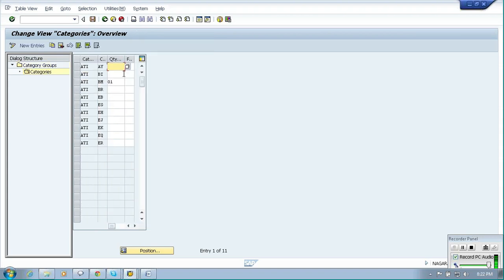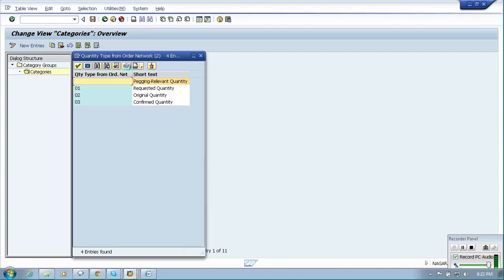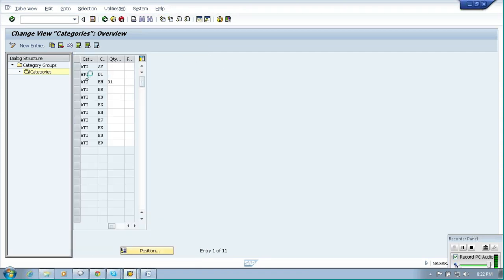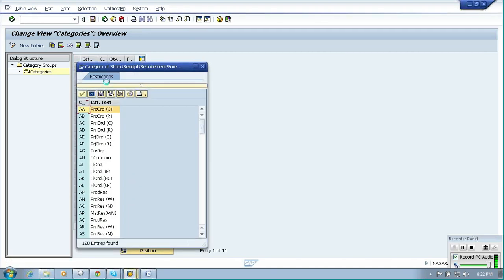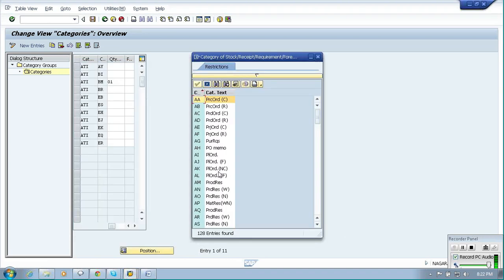And if you want to see it in detail, you can go to the category and you can see. For example, BM is the sales order, and AY is the dependent demand, and BI, like that we can see what categories we have grouped here. BI is the concern, BL, I am not clear on this one, and